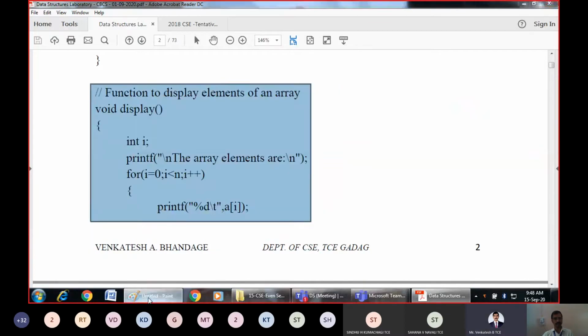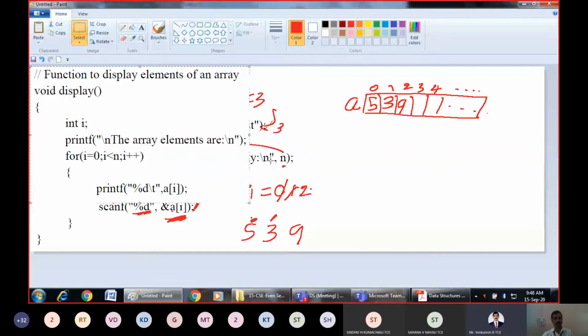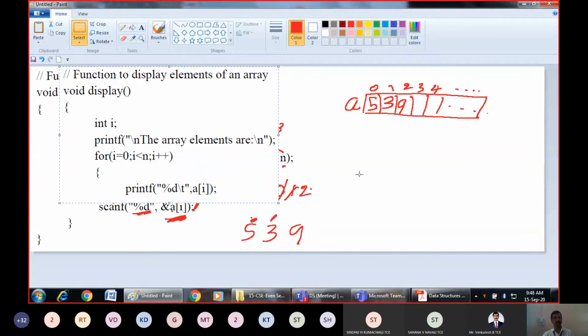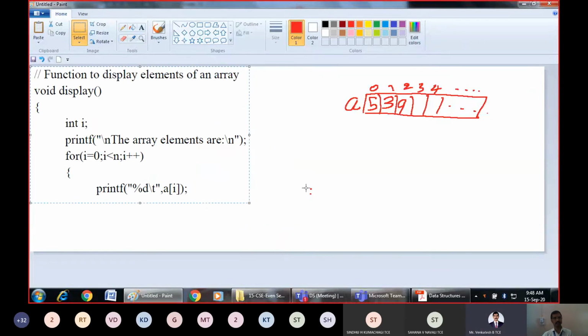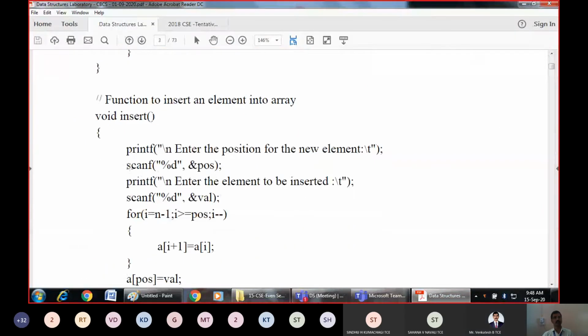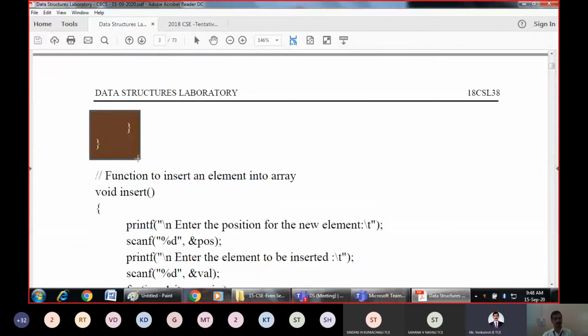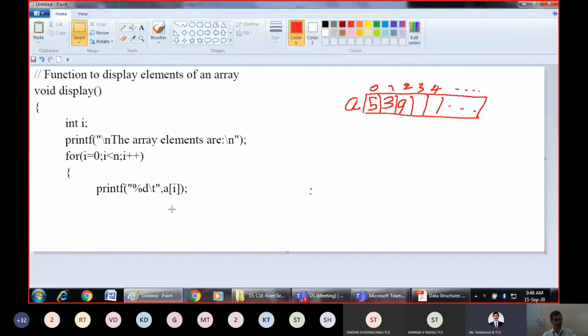I'll explain it. I'll take the second one. We are just closing brackets. That's not required, but still, yes.